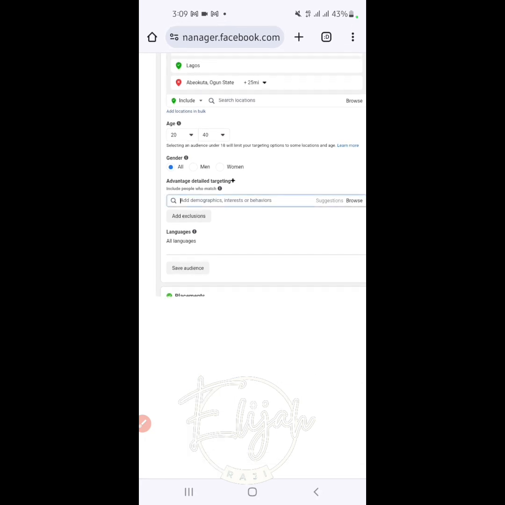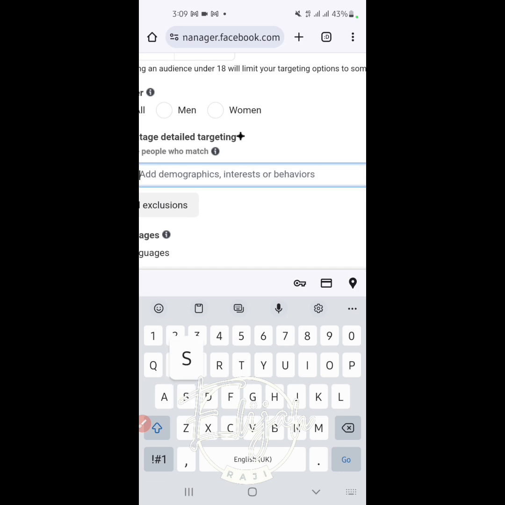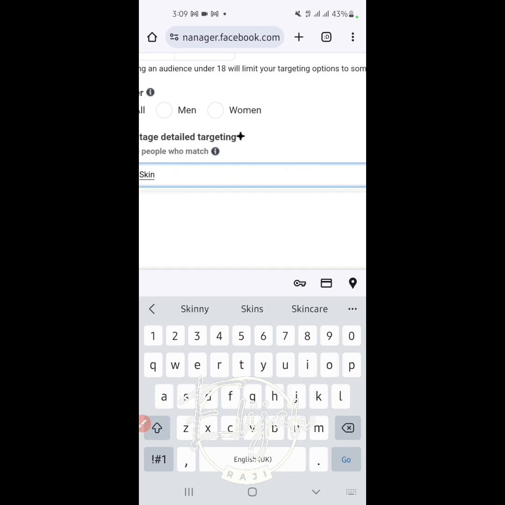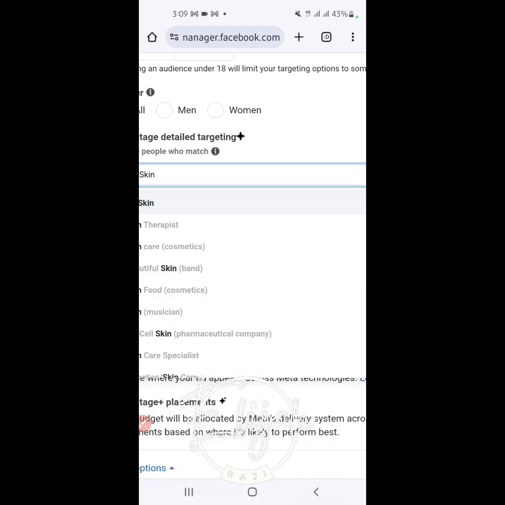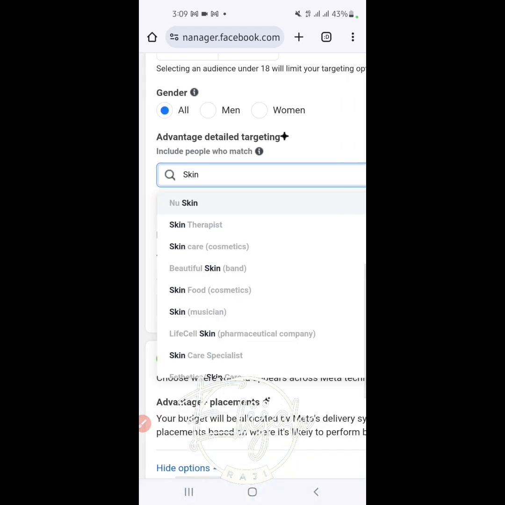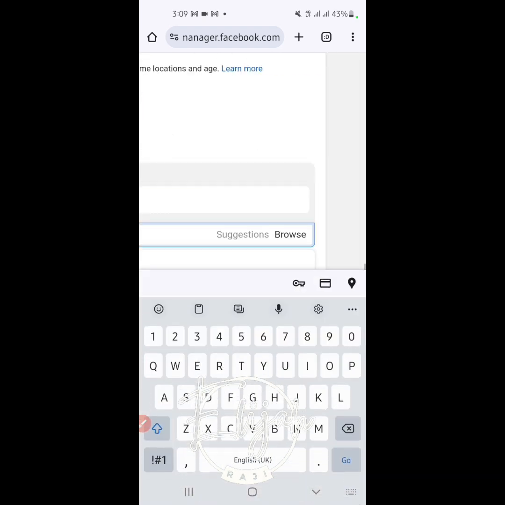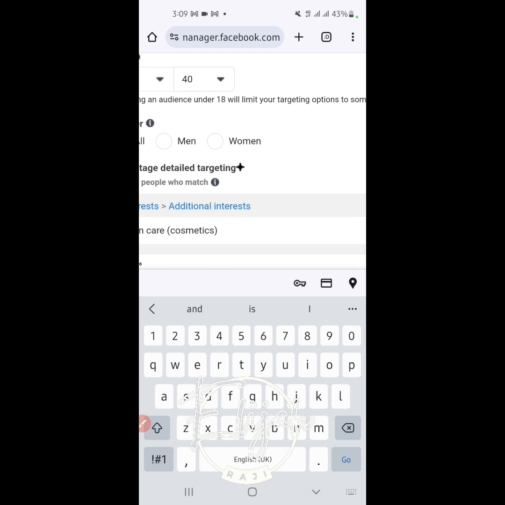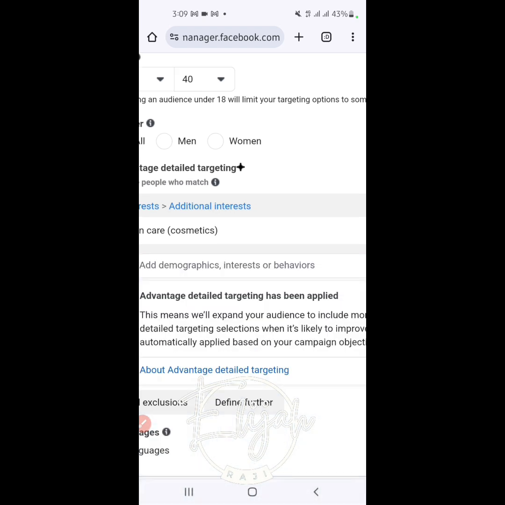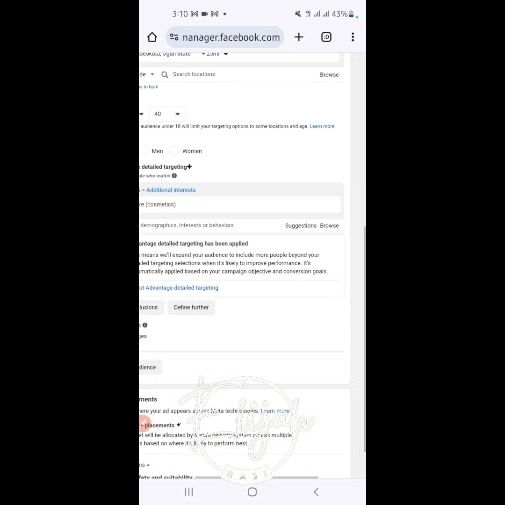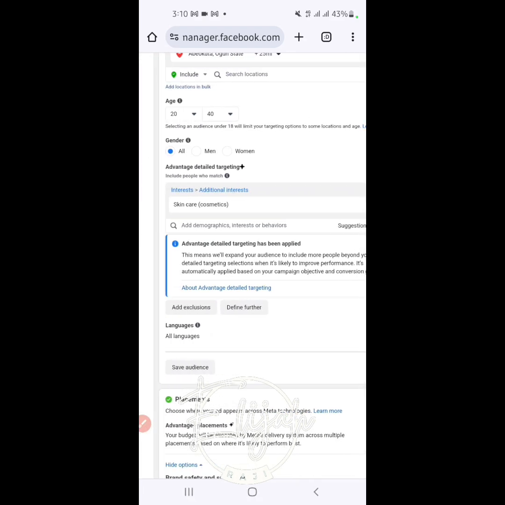So click on skincare. Wait for it. We'll click on skincare. See, skincare and cosmetic. Then most of the time you also need to look at the side of it. Look at what I'm saying now. We're using a mobile phone. So now that you have clicked on